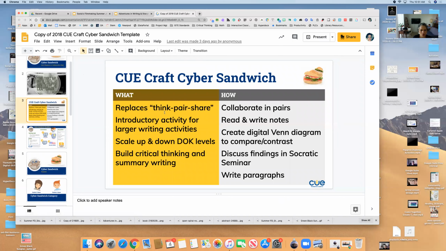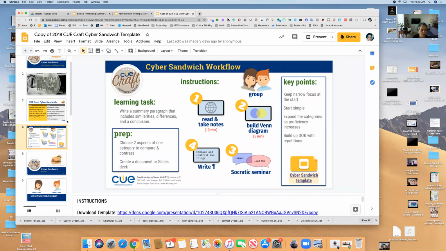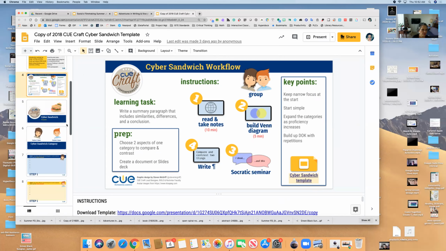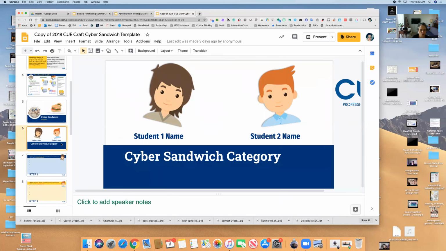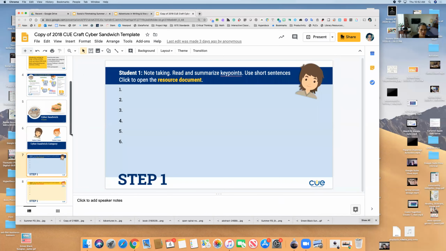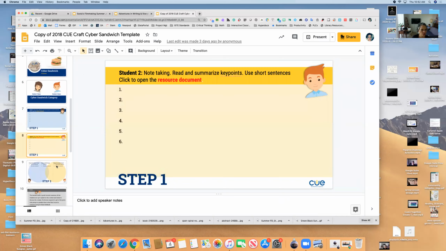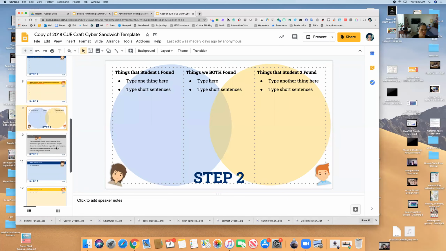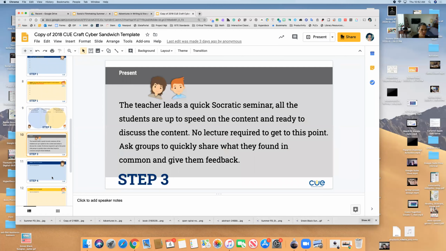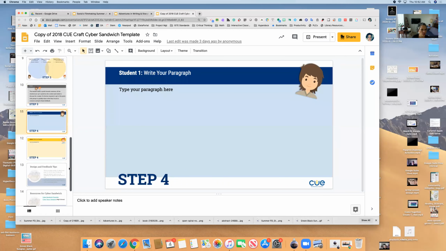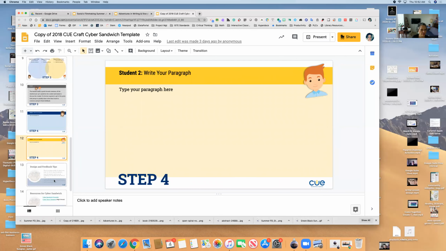It replaces the old Think, Pair, Share activity, and now students can collaborate and read and write together. Here is the workflow for the Cyber Sandwich. And then you can see where there are 2 students working together. There's student 1, student 2, then they come together and do something together, okay? And then they present, and they write their summary together, their paragraph.